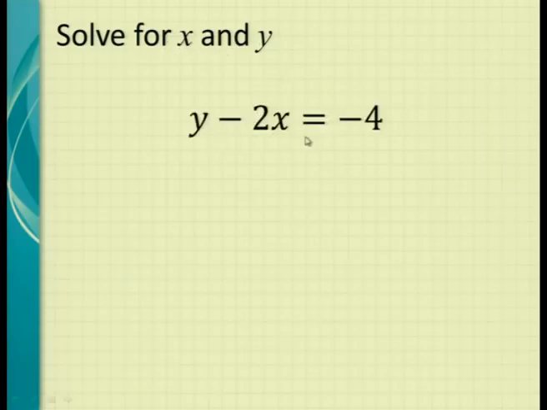Now if they give you one equation like this and they say solve for x and y, that's quite difficult. You can't really easily do this. But they will always give you 2 equations. They will say this: y minus 2x equals minus 4, and x squared plus y at the same time also equals 4. So which y's and x's, or x and y's, will satisfy both these equations at the same time?